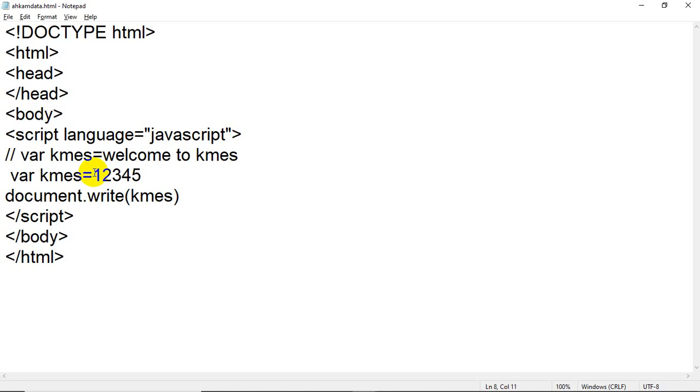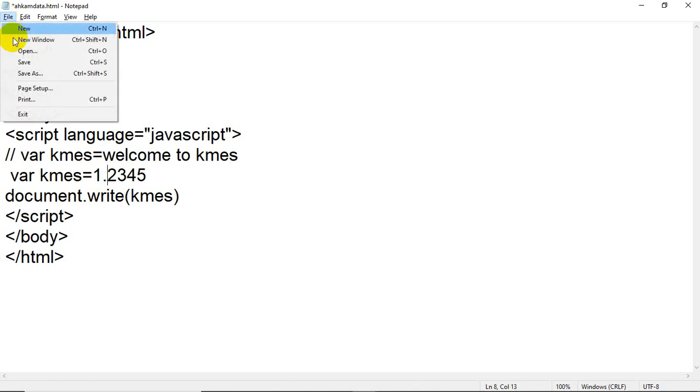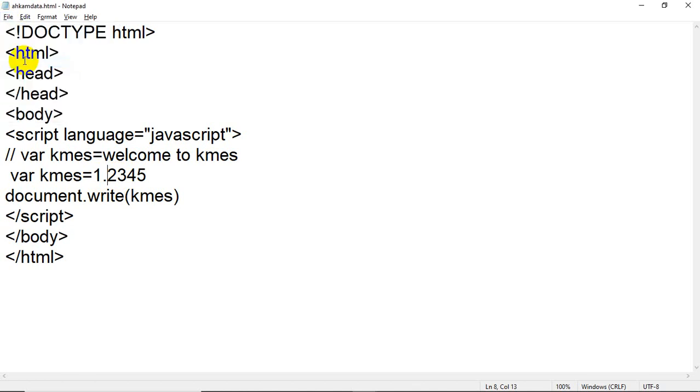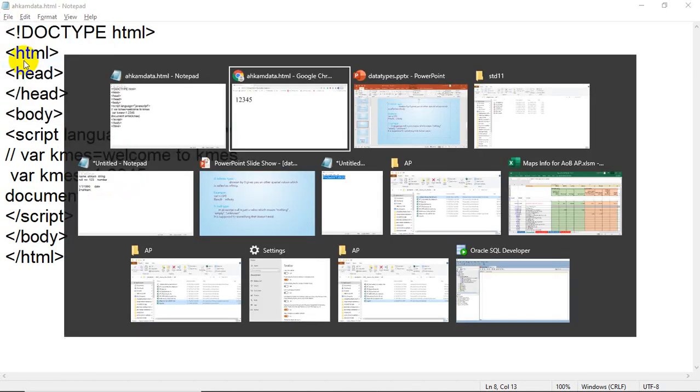The only thing is that you have to use a number. Any number means it can be a positive number, negative number, decimal number, floating number, integer, or whole number, whatever. If I write 1.2, this is a decimal or floating point number, and it will show the output without any problem. Let me show you.